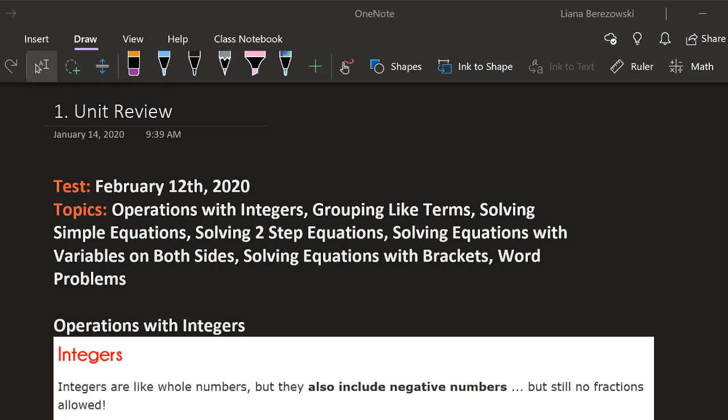So at the very beginning of our review here, we're going to talk about what we started with this unit, which was operations with integers. That's not something that you're actually going to be quizzed on itself. It's just something that you sort of need to know to do the other parts of the quiz correctly. So talking about how to treat positive and negative numbers when you're adding them, subtracting them, multiplying or dividing them, sort of those rules. You're not being tested on them explicitly, but it'll come through in the rest of the questions that you do, whether you understand those concepts or not.